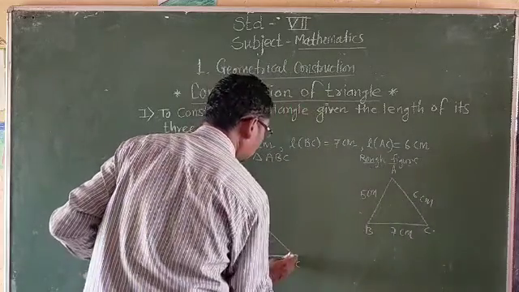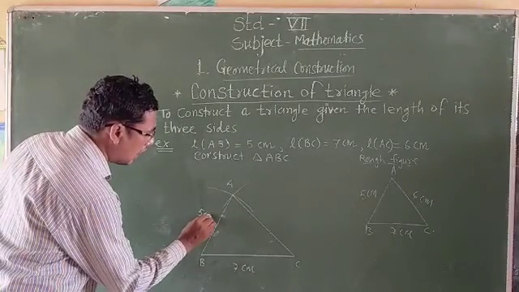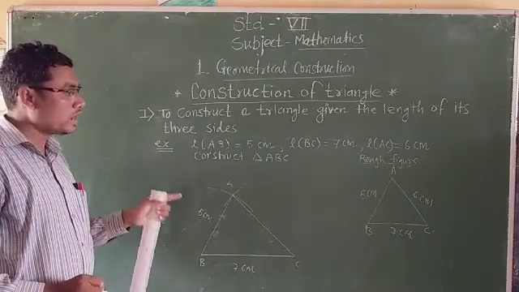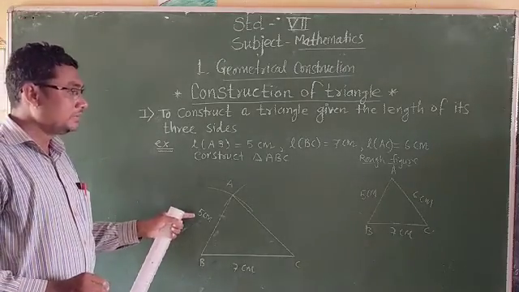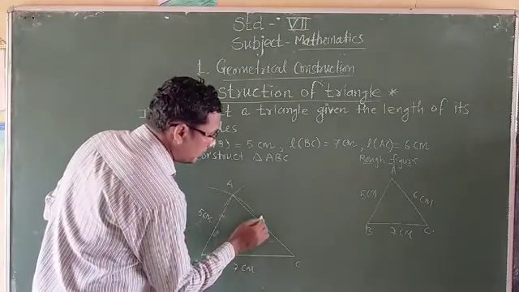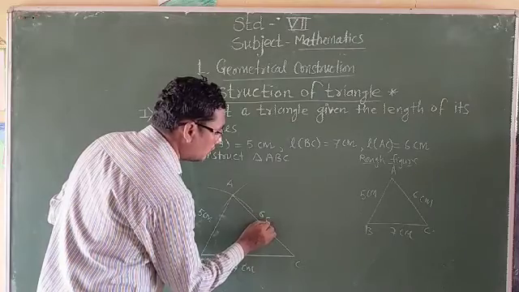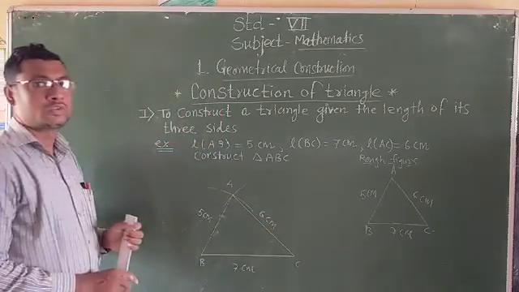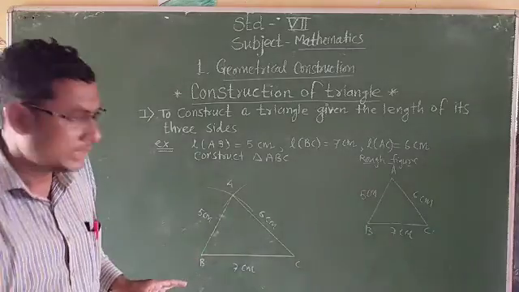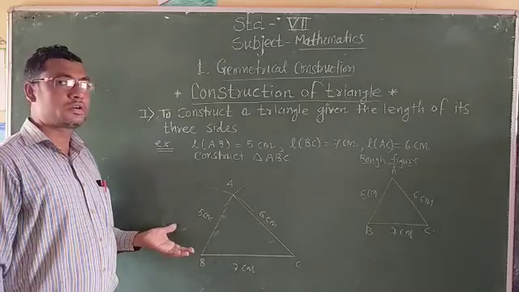So this is how much? 5 centimeter. Look here, after drawing the triangle you have to write the measurements. यावर तुम्हाला जे मेजरमेंट घेतलेलं आहे ते सेगमेंटवर लिहायचं आहे. This is a length of 6 centimeter. So this is our triangle ABC. This is our triangle ABC. So like that we have to construct a triangle ABC.